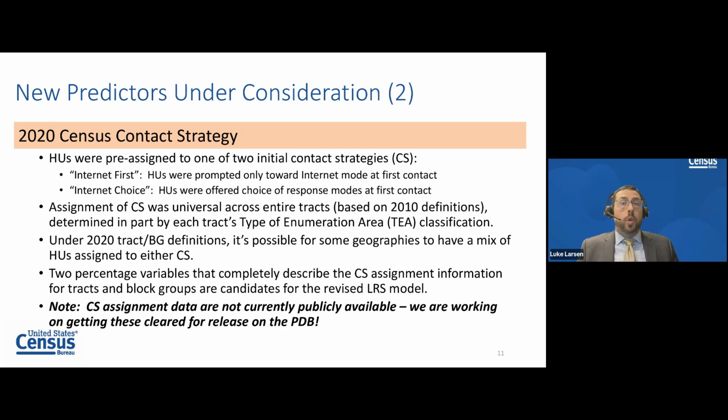So to account for that information, we have 2 percentage-based variables that completely describe the contact strategy assignment information within each tract and block group. And we are collectively considering those 2 variables as another class of predictors under consideration for the model. I would note that currently this data is not publicly available, but we're working really hard to get this vetted and approved for public release so that it can be published on the planning database alongside the low response score